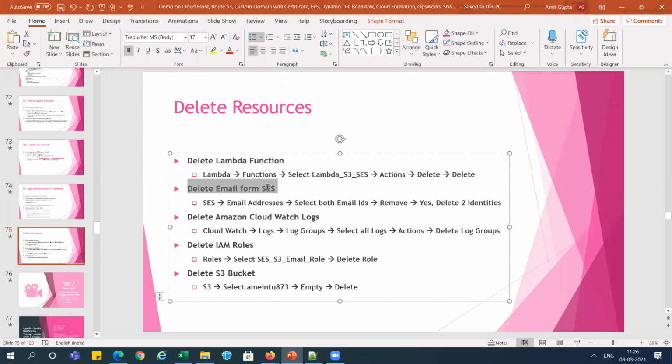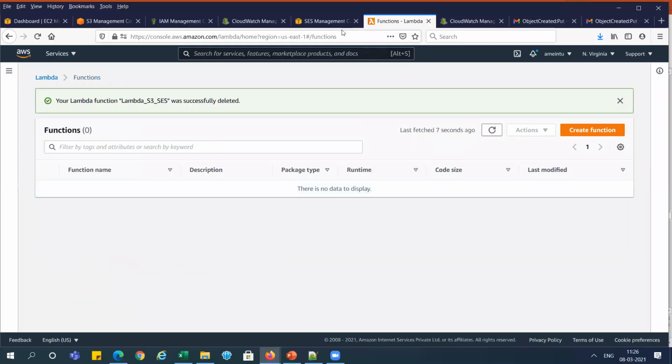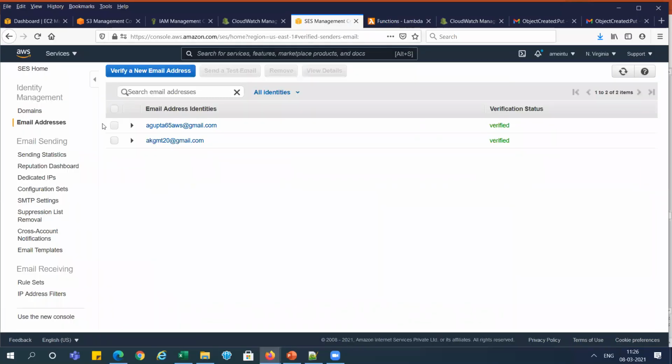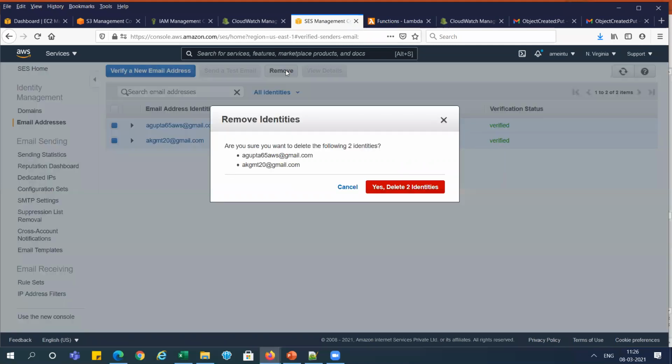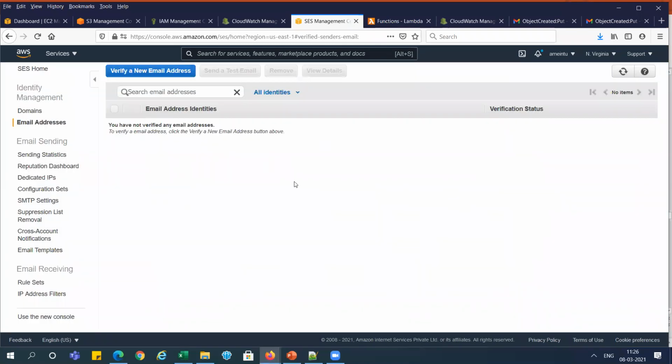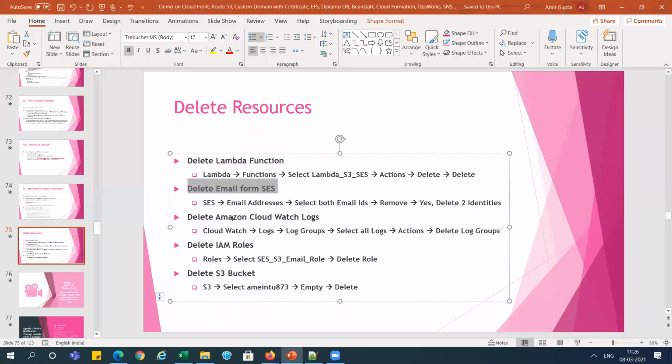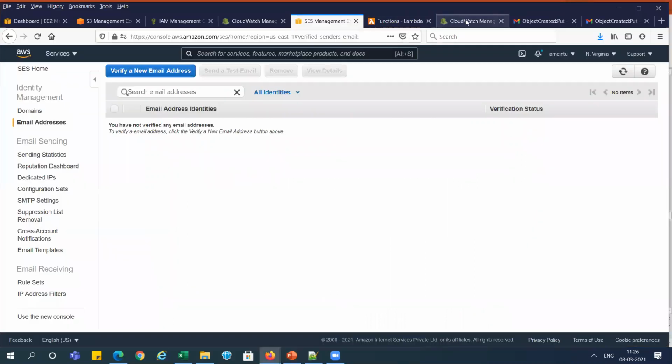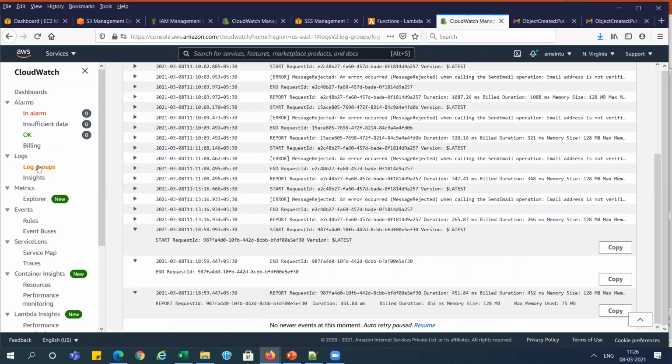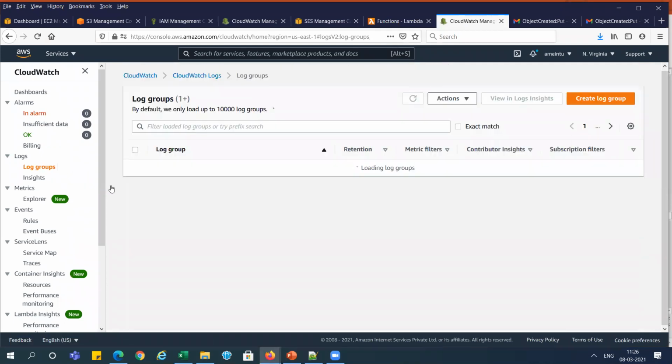Now delete the email from SES. SES is already open, so we will select and remove it from here. These emails are deleted, right? And for the CloudWatch logs, we need to delete the logs, right? So we will go to the log groups and delete them directly.